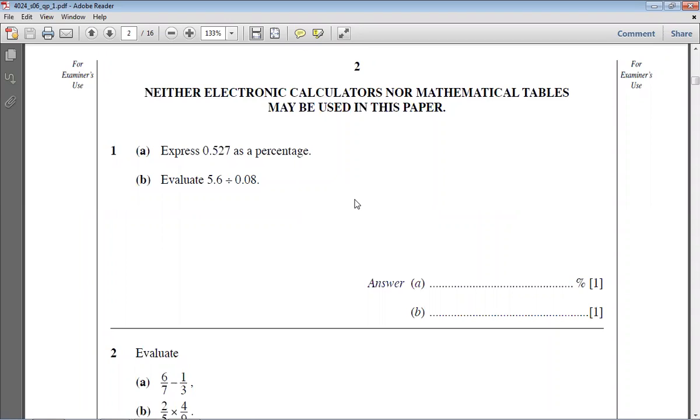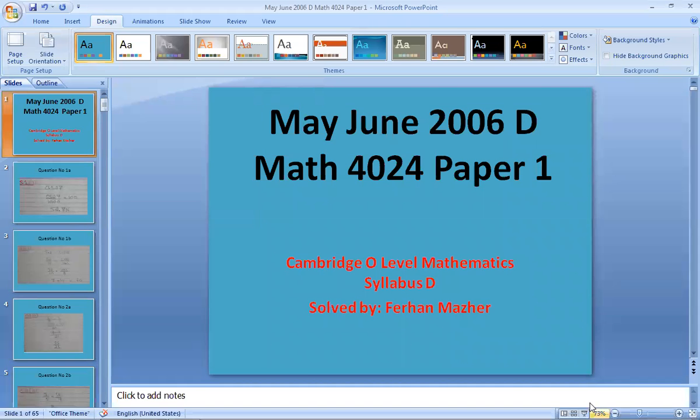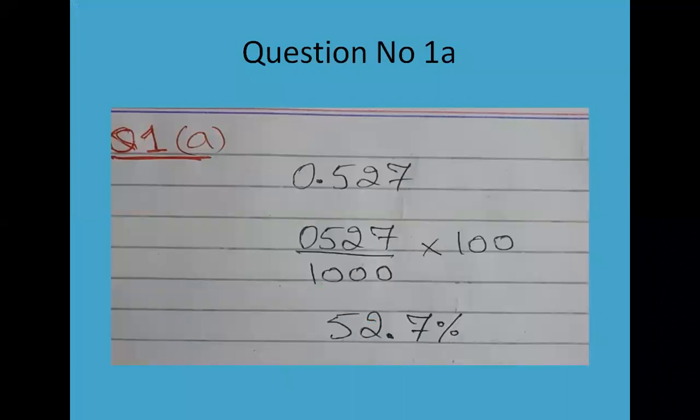Question number 1, A part, he says express 0.527 as a percentage. Okay, so it's a decimal fraction. We want to represent it in the form of percentage. Okay, so